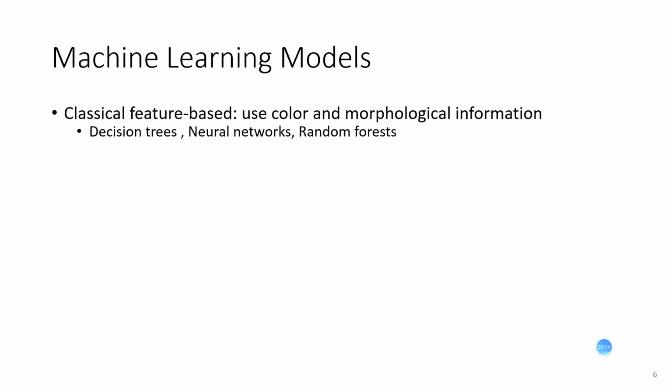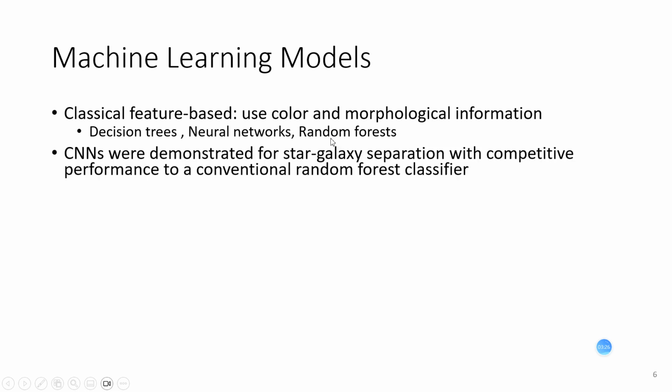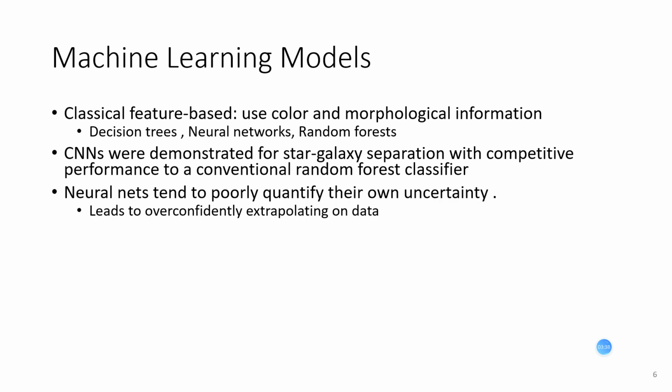Then I want to talk a little bit about the machine learning models. Classification based on features uses color and morphological information, with methods like decision trees, neural networks, and random forests. CNNs were demonstrated for star-galaxy separation with performance competitive to a conventional random forest classifier. Neural nets tend to poorly quantify their own uncertainty,